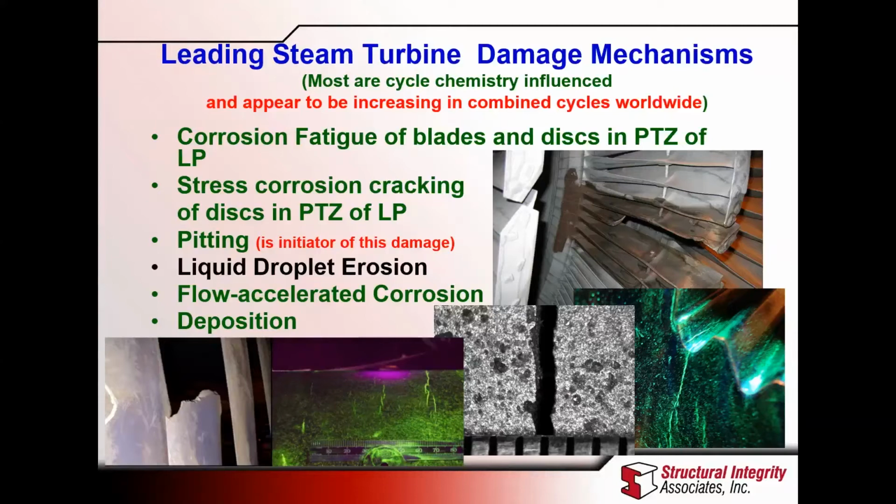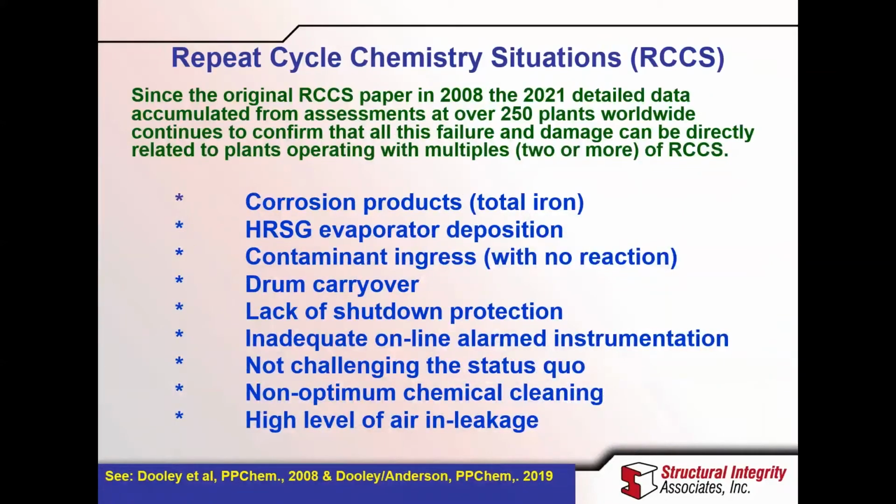So all of these mechanisms that I mentioned are cycle chemistry influenced. This means that the basics of cycle chemistry control are not being applied. For more than 10 years now, internationally, we refer to these as repeat cycle chemistry situations. The original paper, if anybody wants to read it, is down here at the bottom. And since this original paper in 2008, the 2021 data that I'm going to show you, which is accumulated from assessment at over 250 plants worldwide, continues to confirm